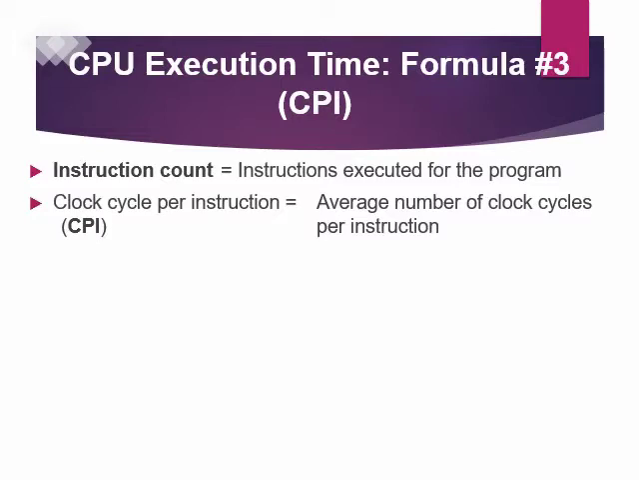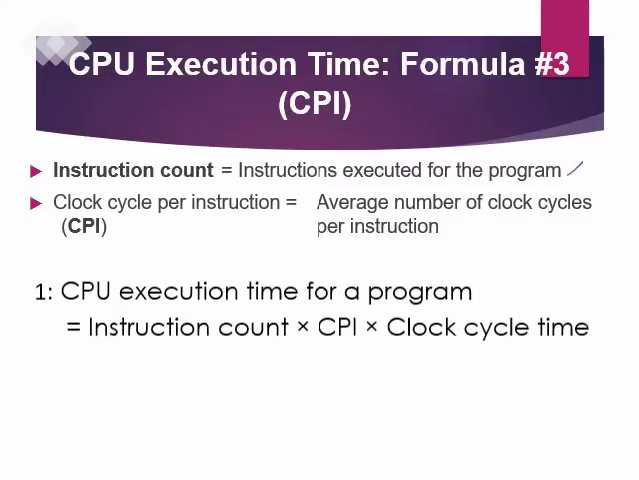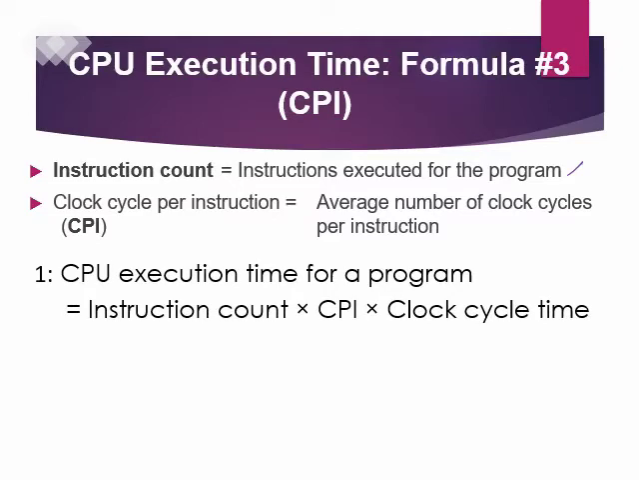Next, the third formula is CPI. What is it? Clock cycle per instruction. So when we say instruction count, we actually say instruction executed for the program. What is the formula? We do here instruction count times CPI times clock cycle time. Oh my god, I'm confused. Doctor, what is this? What should we do? Take a deep breath and write down the formula in terms of the unit. So this is instruction count per program. So instruction per program times CPI is what? Clock cycle